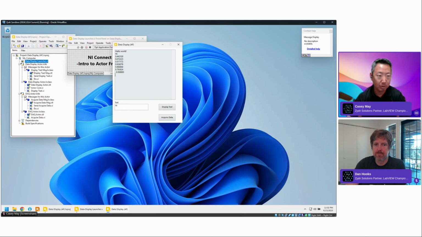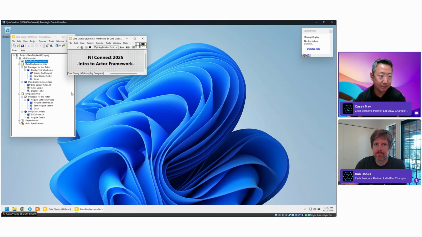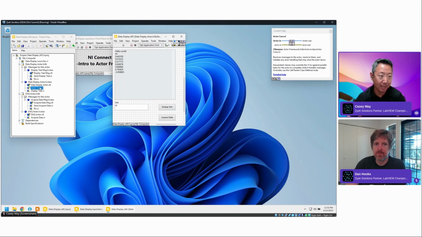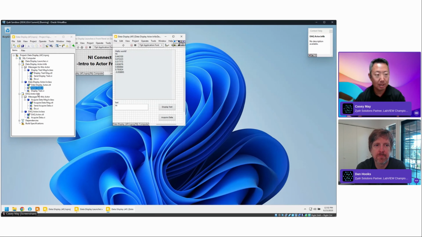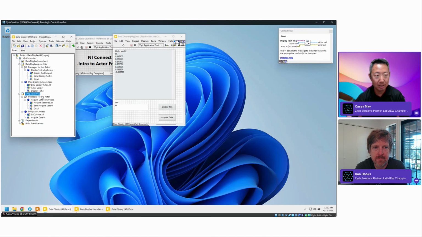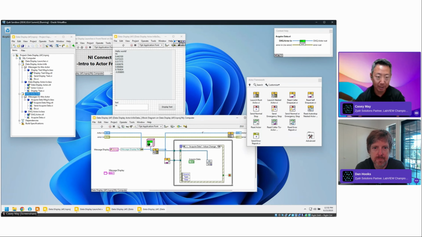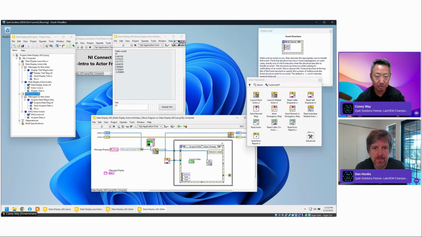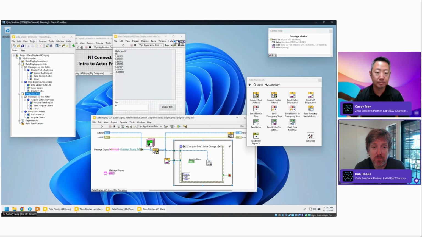That's as simple as it is. We started with one actor that supported this display text message. We created another actor from scratch that sends data back to the calling actor to be displayed. We created a message for that actor so that other actors can interact with it, and we integrated it into the existing application. So yeah, you'll also notice that built into the framework there, when you stop running, it shuts